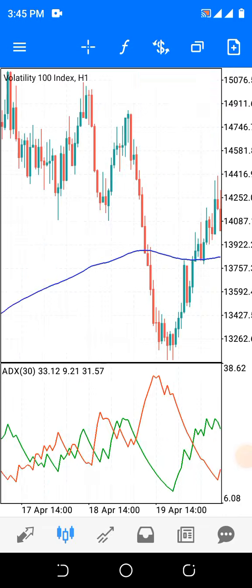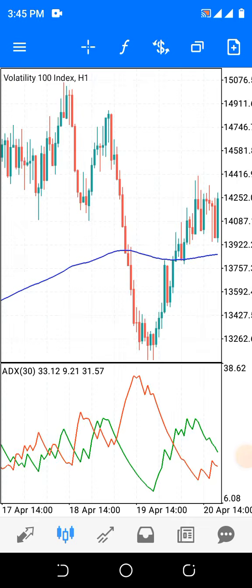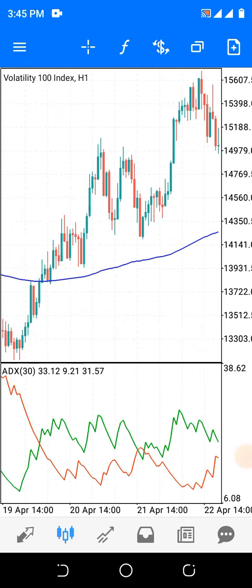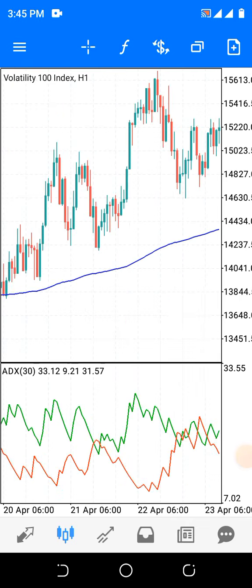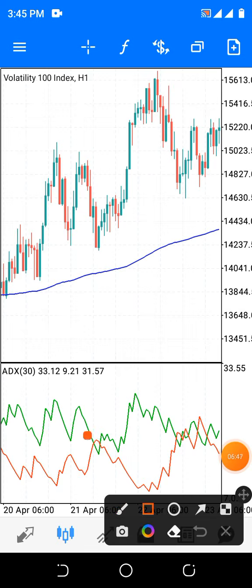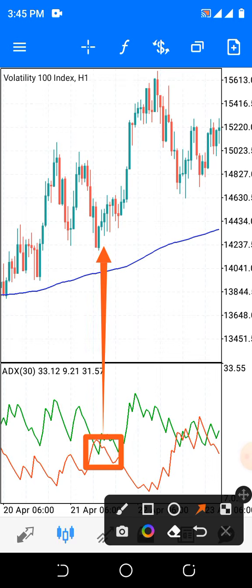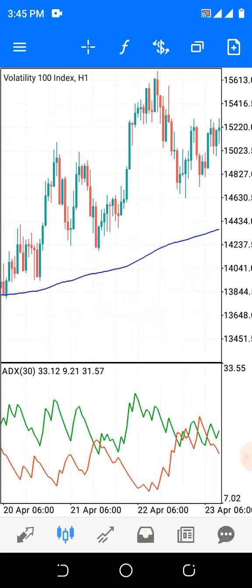So yeah, the market is in a bullish state. Again, you look for a crossing here, you trace it. This is where it occurs. So you take a buy position here and make a gain again, as easy as that. Do you understand? So always follow the trend.